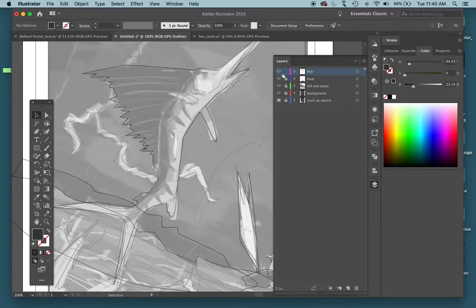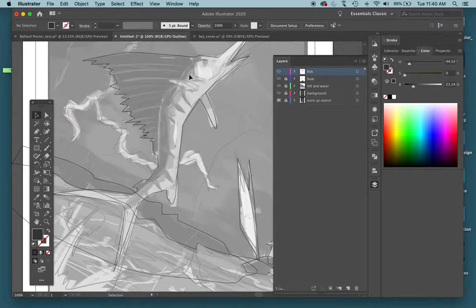So here on my fish we'll do that, since this is the focal point and it will have the most details. Just looking at my sketch, I need to make the fin darker, and I can make some different value stripes on here, as well as a little shadow right here by this other fin behind the shape. So let's start and separate the